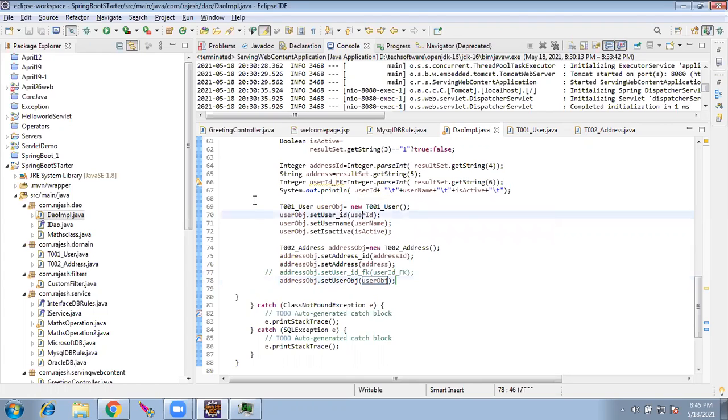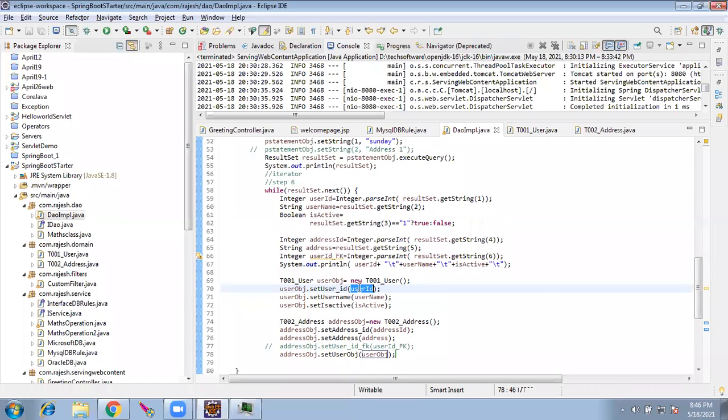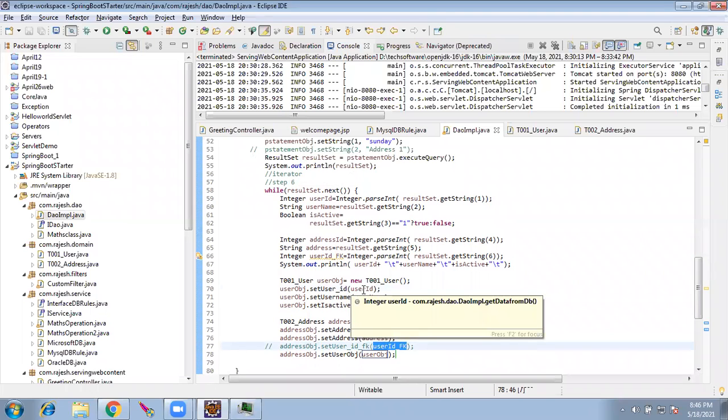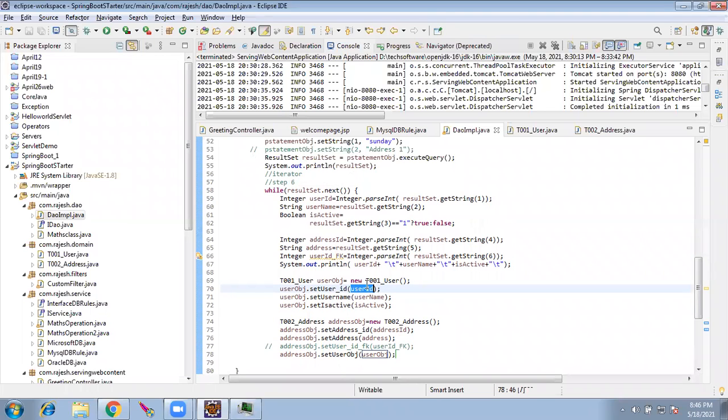Okay. If you see the query result, the primary key of the user table, this column, and the FK user ID will be the same. Because this is the primary key of the user table, the same is the foreign key in the address table.